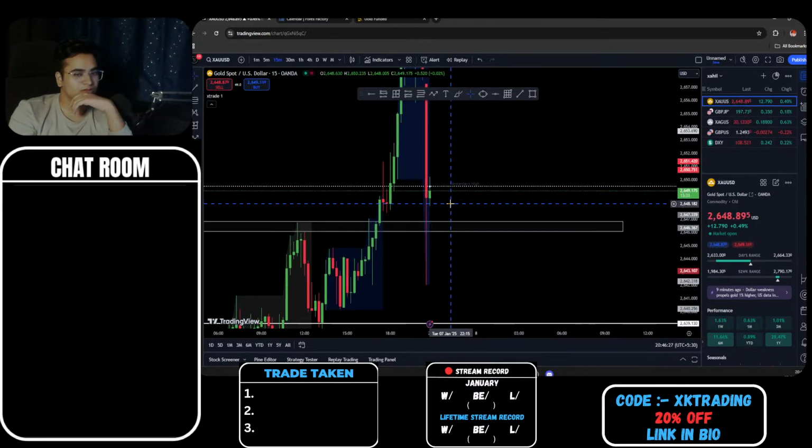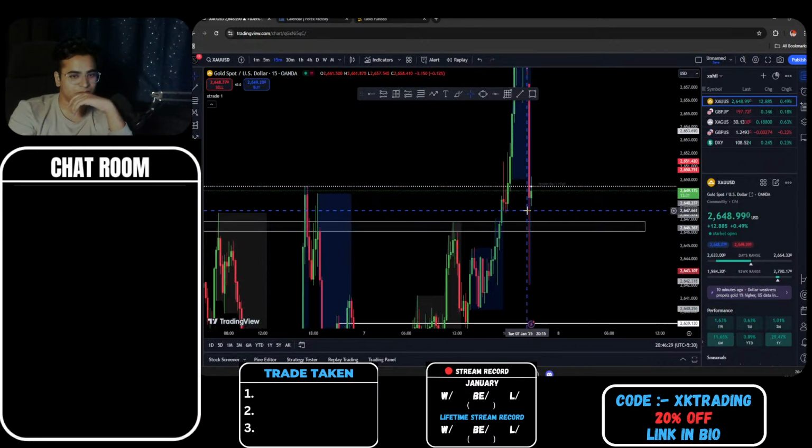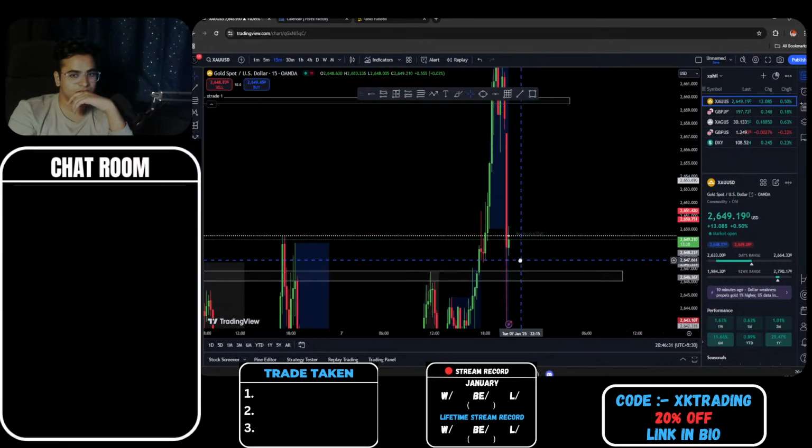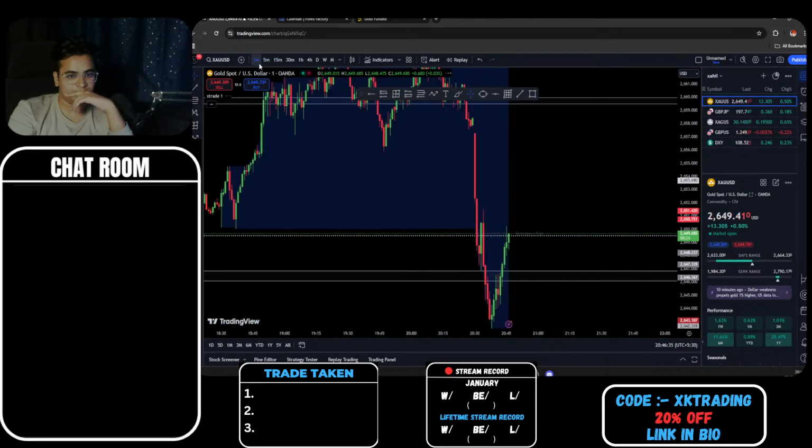The 15-minute candle did open, but it's above the zone, which is a small problem for us. So I think that price will continue till this zone. So I'll be looking for sells at this area. Not right now, but